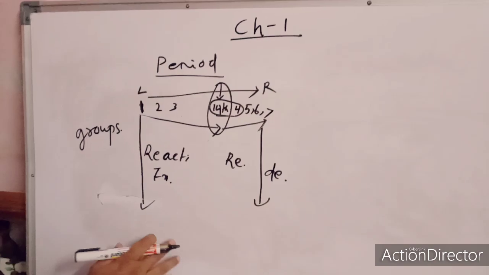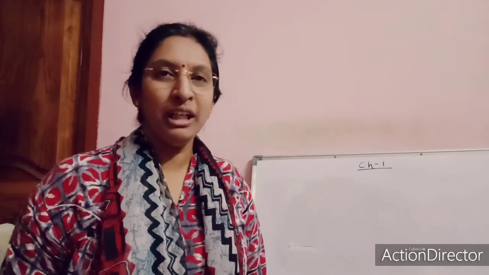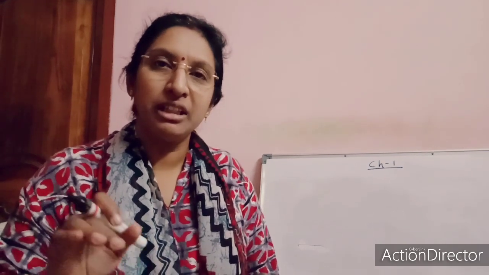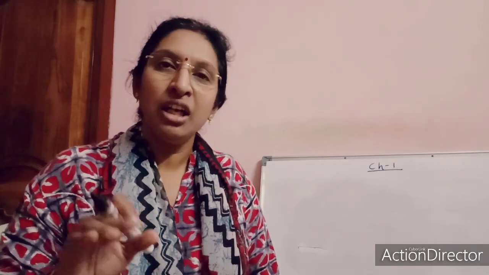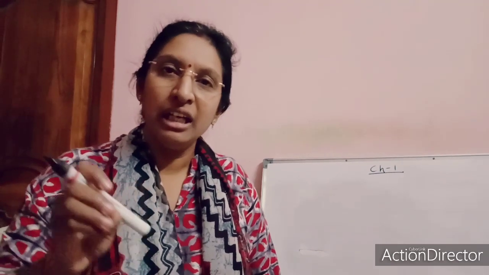Next, when you look at the third period, I already showed you the third period elements. The highest reactive element is sodium. Magnesium is less reactive than sodium, then aluminum is less reactive than magnesium. So reactivity goes on decreasing, and the least reactive element is silicon. After that, reactivity again increases up to chlorine. Chlorine is again highest reactive. So these are the trends of chemical reactivity.